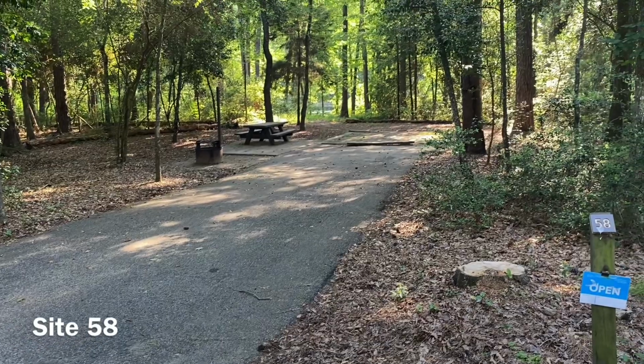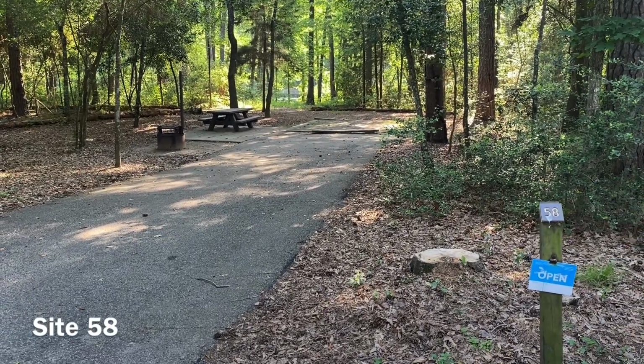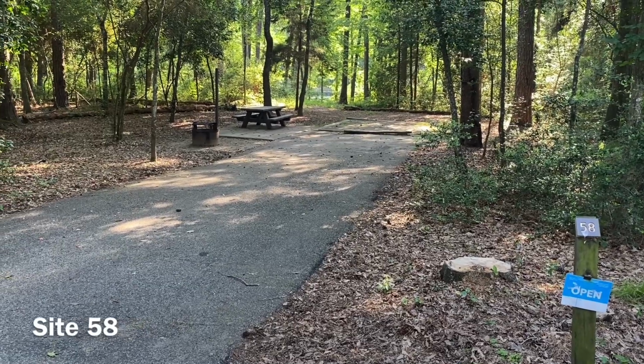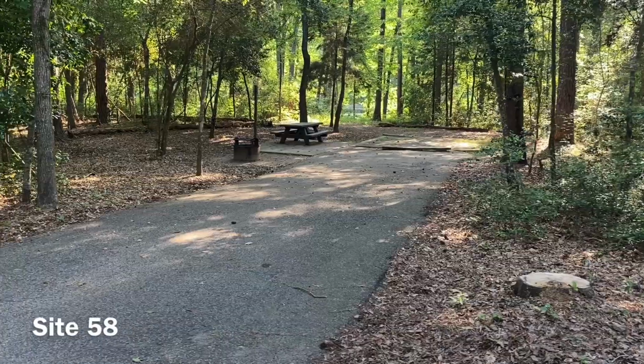And it is a water and electric site, back in, fairly level. Nice camp area, and you start to see the lake there behind you as well. One of our favorite sites as well